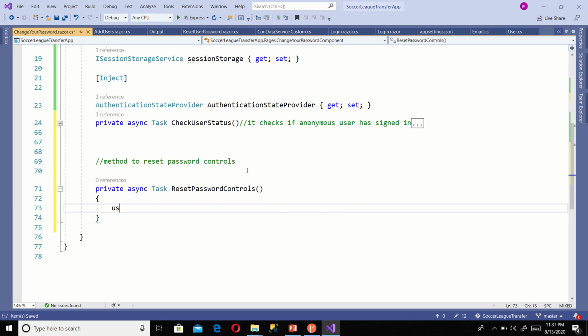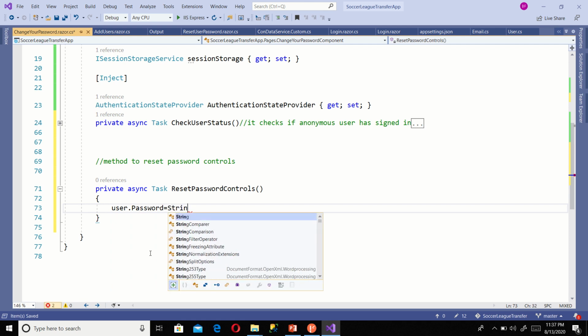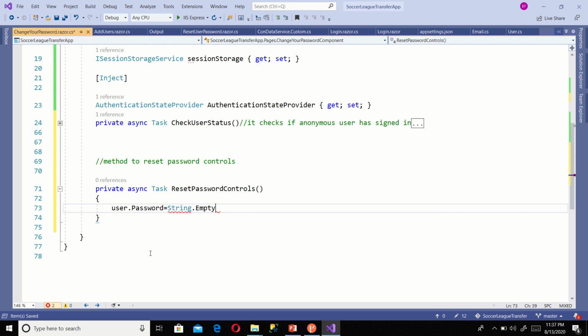So I'm going to say user dot password equals string dot empty